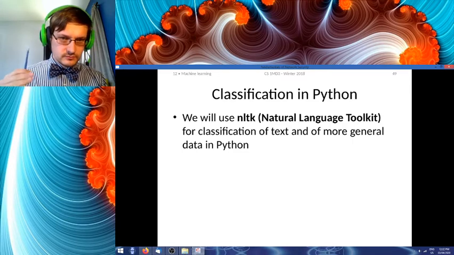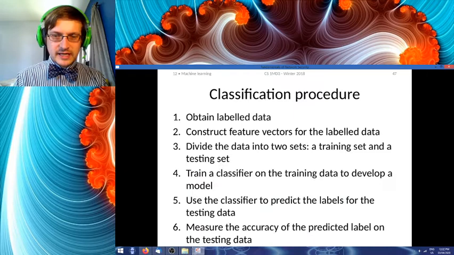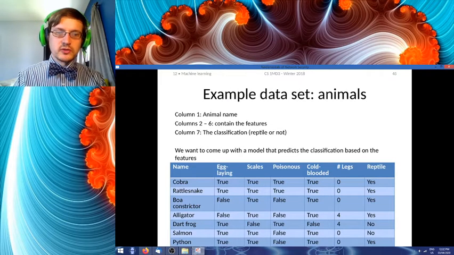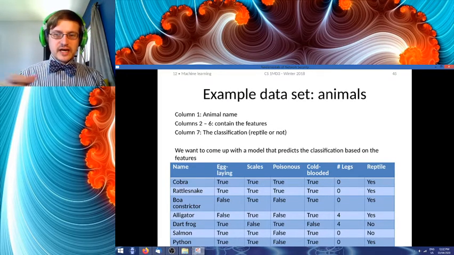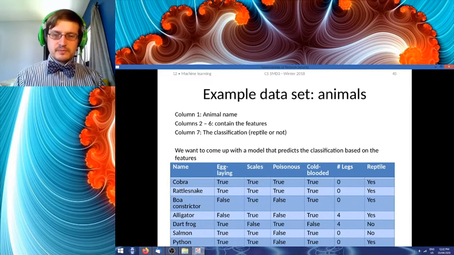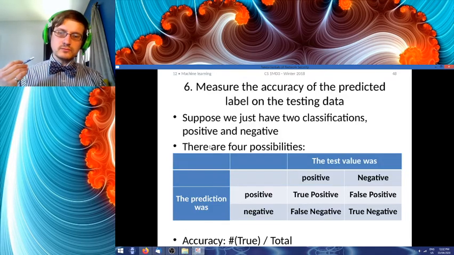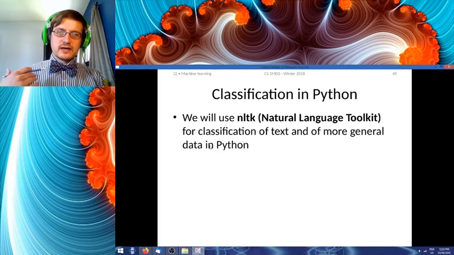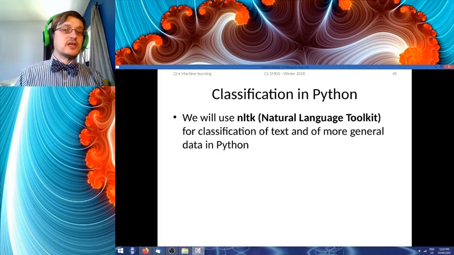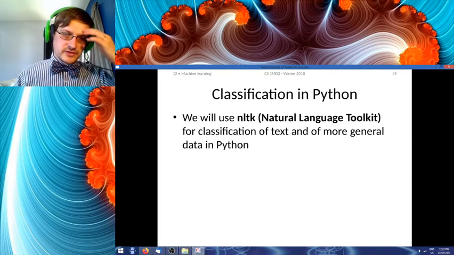So, we're going to run through a couple of examples, following on from our classification example with respect to the various types of reptile and reptile-similar animals, I guess. Although I'm not sure salmons and pythons are particularly similar, but, you know. Anyway, we're going to now discuss some classification based on text. So we can perform this on more general types of data.